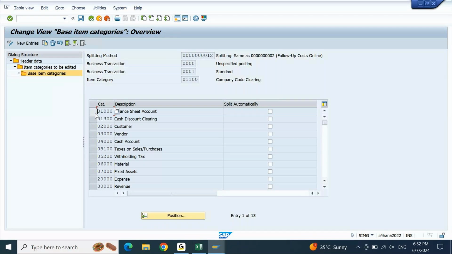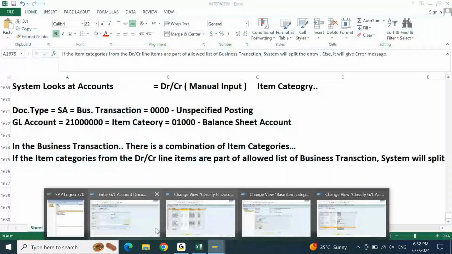Meaning, in standard SAP there is a control for your basic accounting also. When you are posting any accounting entry, left and right, you cannot select just any document type, because the document type will create a lot of problems if you are not posting the right accounting entry. Here we are representing something, if I look at the posting here,